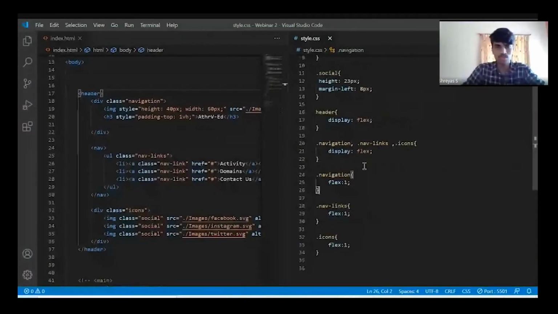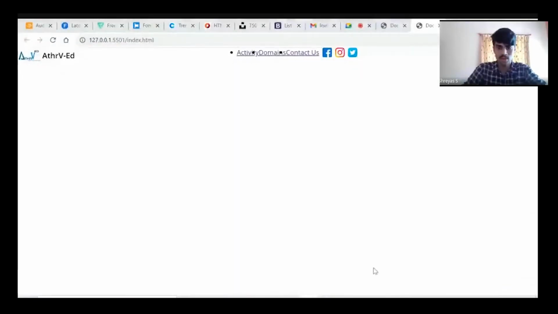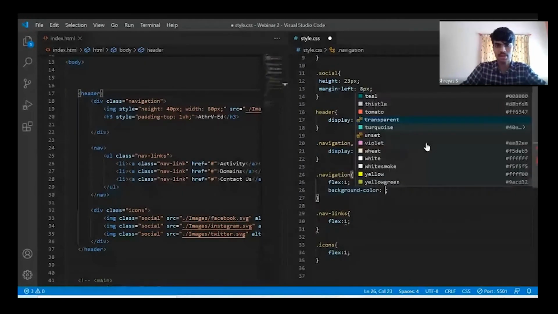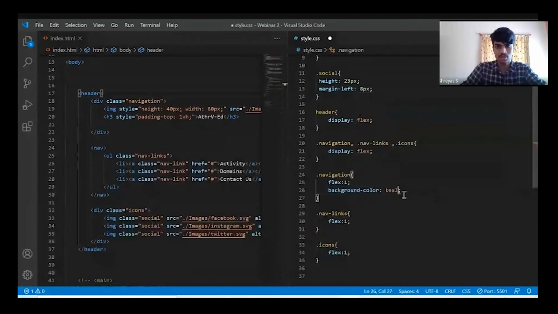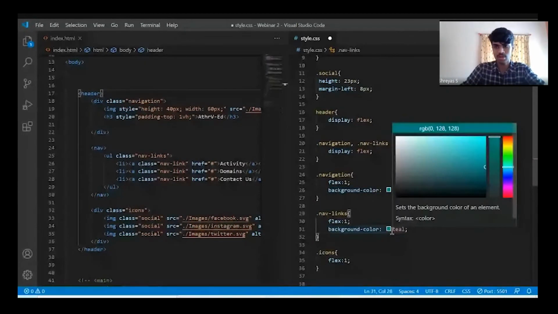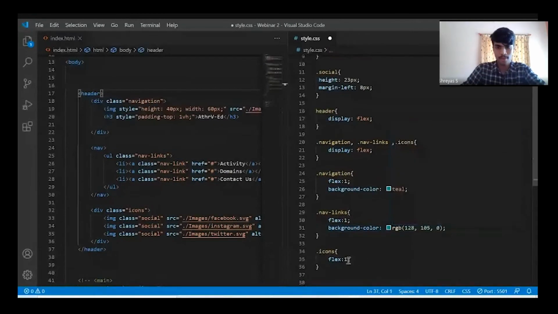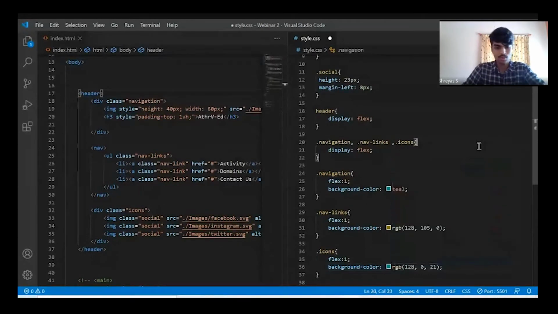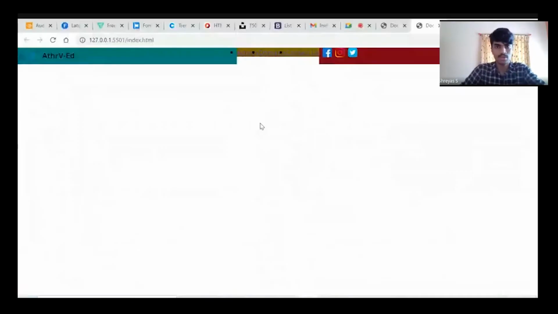If you want to see what the changes look like, just add a background color. I'll add some random background color. I'll change the color to red. Let us see how it will be visible. See, the changes for this and this have been applied. For this, it has not been applied. So this is how it looks.